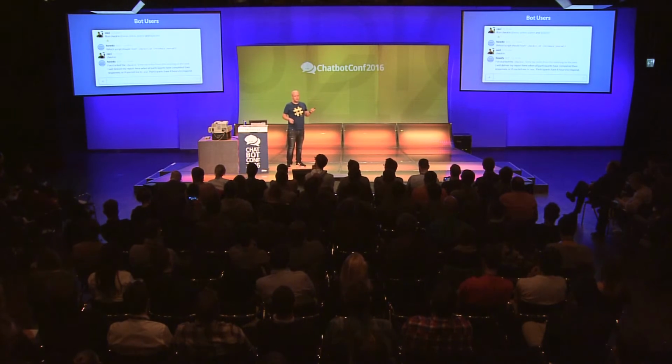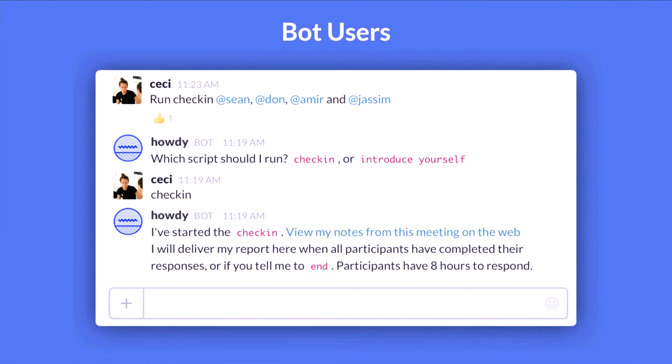Last one is a bot user. If you stop anyone in San Francisco and ask what they're doing, they're probably building a bot. That's my definition of a bot. Everybody's going bot crazy. But the key is that bots are a delightful way to expose interactions. For example, I have a bot called Amy that exposes calendar services through email. There's another one here called Mikan that exposes organizing meetings.